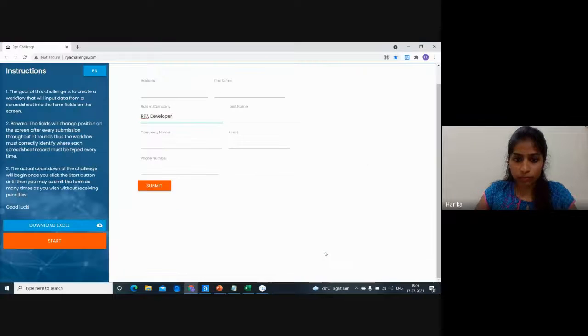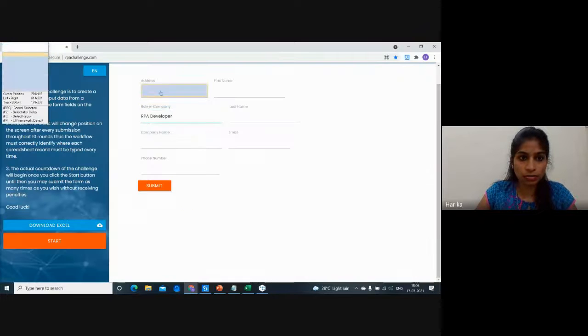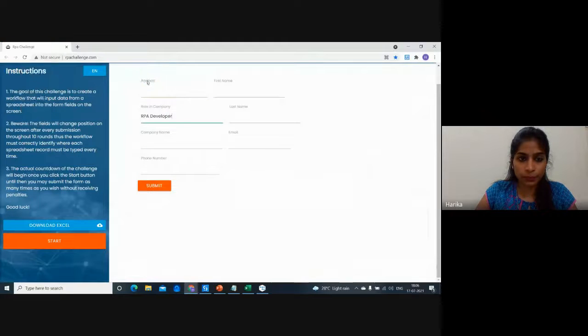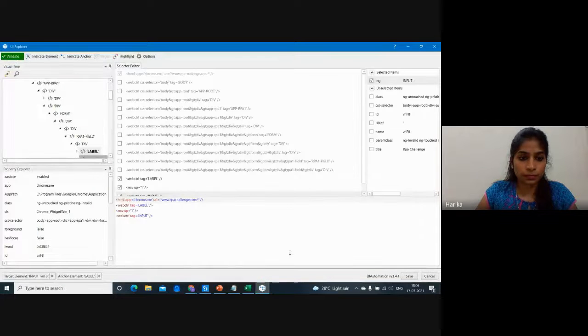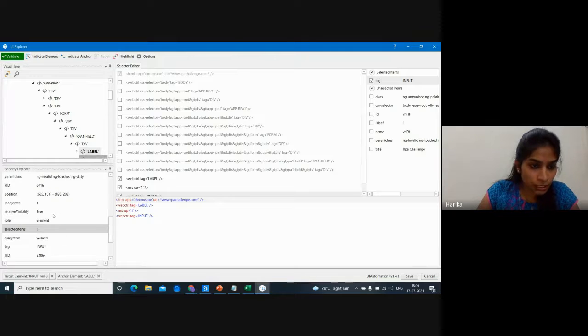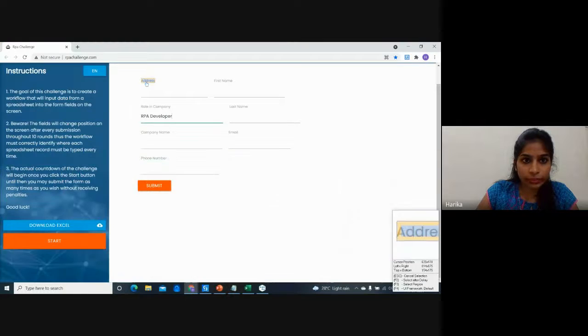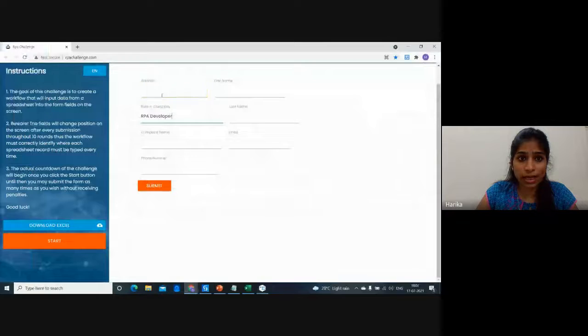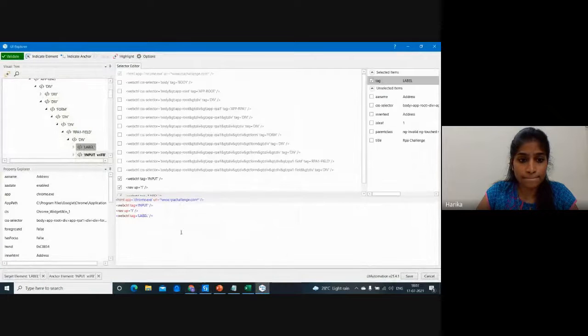So what I'm going to do is highlight this, indicate element, and give address. Okay, if you see, the aname is not coming up, so let's check if I can take the aname in this way. So I have my aname. After that, I'm going to indicate the anchor. So I have my address.